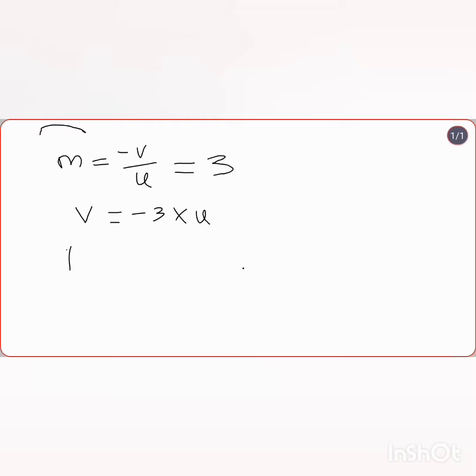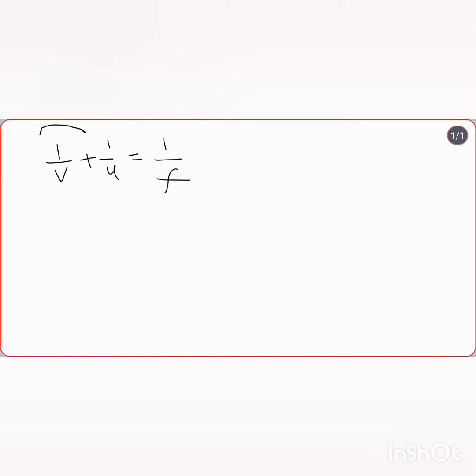And from the question we are given r is equal to minus 36 cm. The radius of curvature is 36. Since it is a concave mirror, the radius of curvature lies on the left side of the mirror. So r is equal to minus 36 cm. Then we can calculate f is equal to r by 2, which is equal to minus 36 by 2, which is equal to minus 18 centimeter.